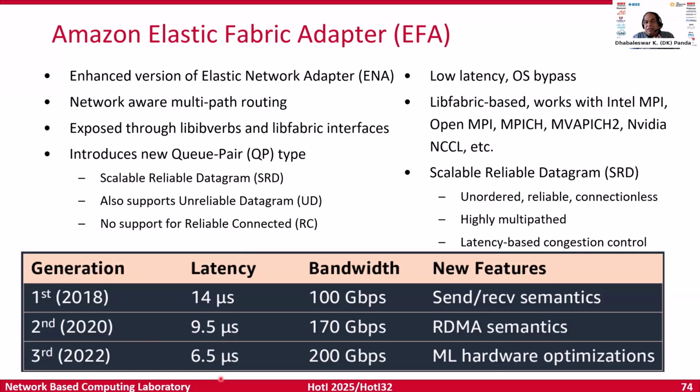Okay. Whereas other vendors are trying to optimize latency, by design, because they have distributed data centers and they want to have the same uniform underlying infrastructure, both in their cloud as well as in their data center, and they follow many of these multipath routing approaches. When they started in 2018, it was very high, 14 microseconds. So if you have an application which requires extremely low latency, you may not get very good performance on AWS. Whereas if it is a latency tolerant application or the modern day AI workload where the large messages matter, you will not see much